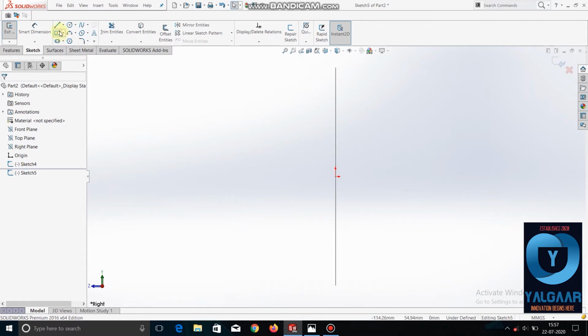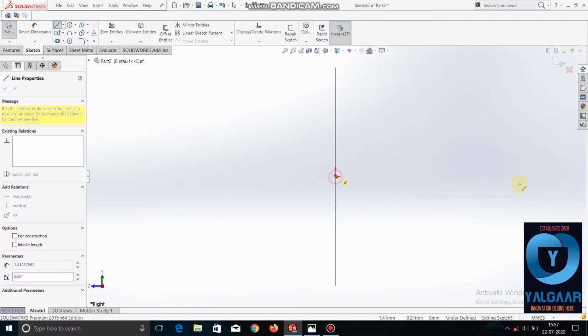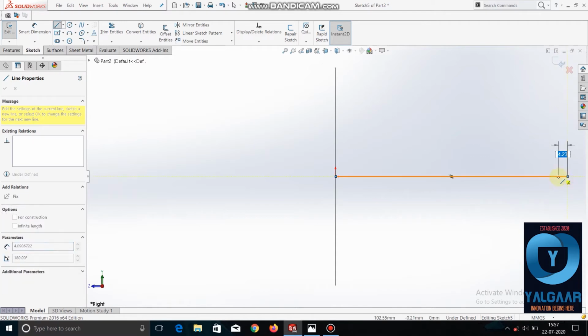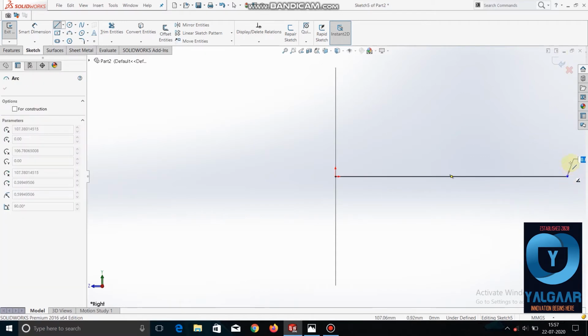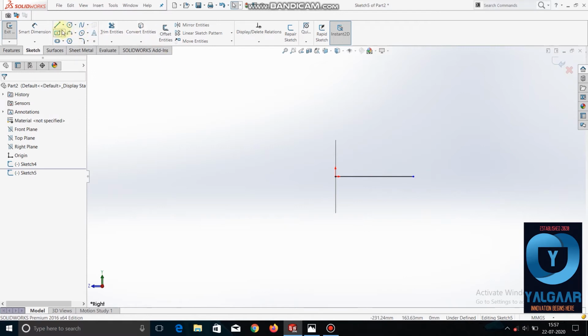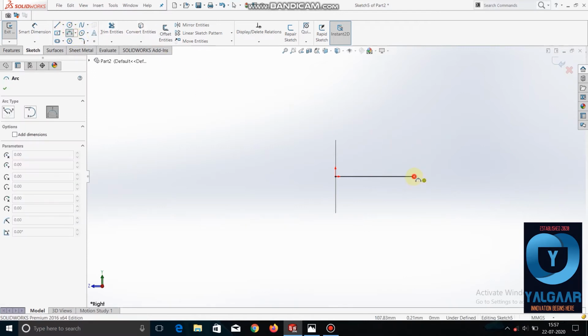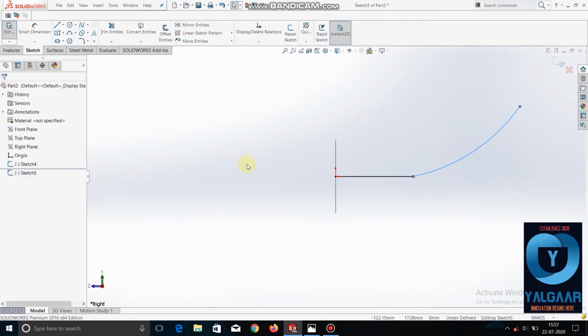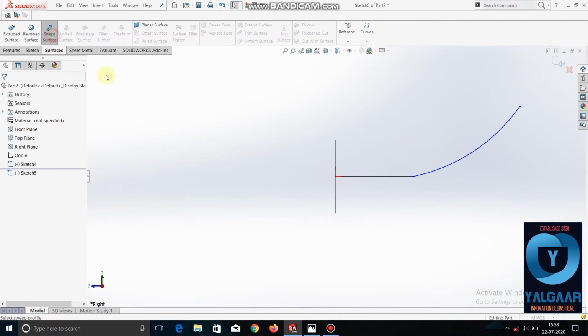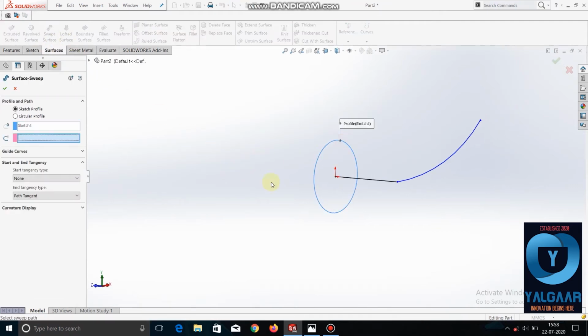Now I have selected this. Now we will do a swept surface with this sketch profile, and we will give the guide curve.